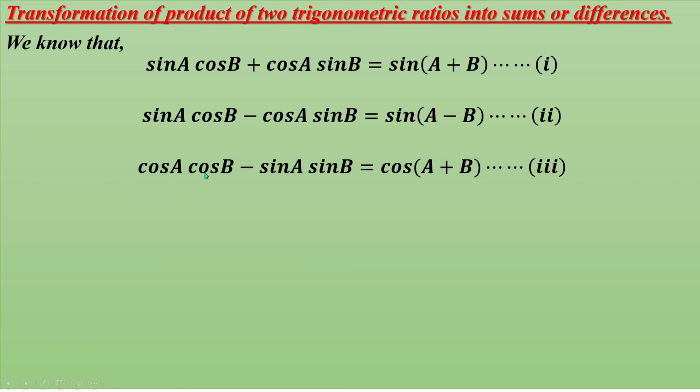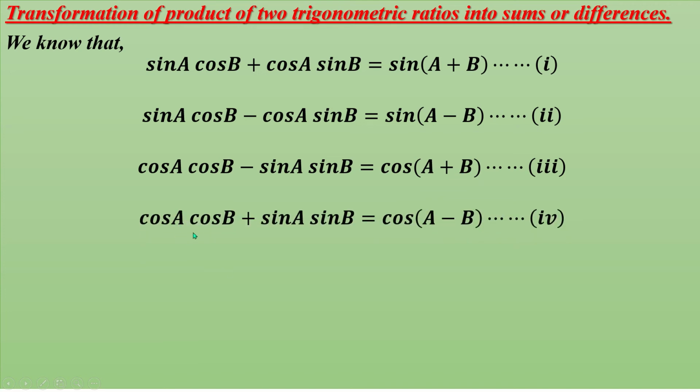And we know cos A cos B minus sin A sin B equals cos(A plus B). And number 4, cos A cos B plus sin A sin B equals cos(A minus B). These are the basic formulas. Now by applying these formulas we can